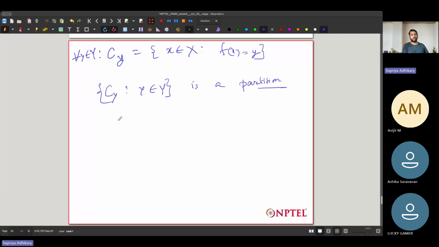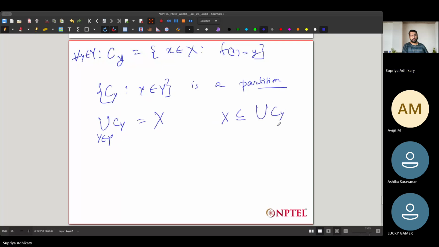Why? Because first we have to prove that this is actually equal to X. In order to do that, first we have to prove that X is a subset of this union of all these C of y, and that the union of all these is actually a subset of X. Now this is true